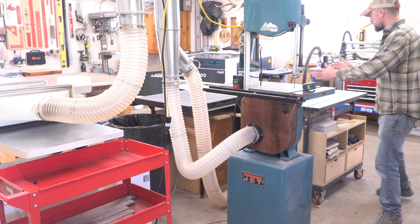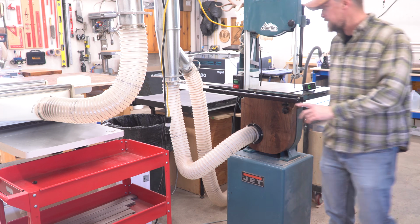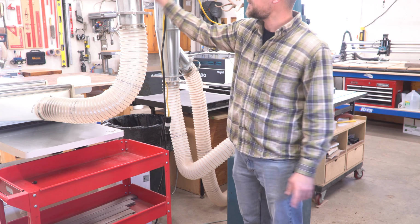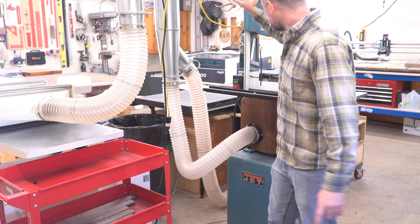And the table saw is far enough this way that I'm not hitting the dust collection system that I'll show you in a minute. But again, I've got a drop down for the dust collection. I've got a 5-inch one going straight to the planer, and then I've got a T going to the table